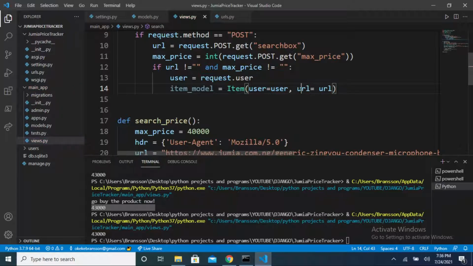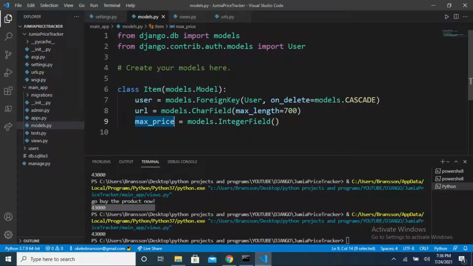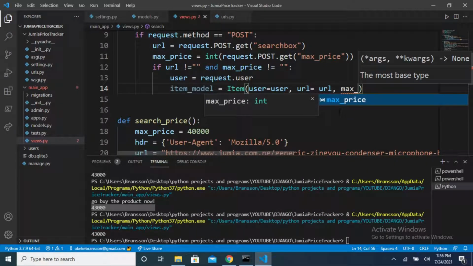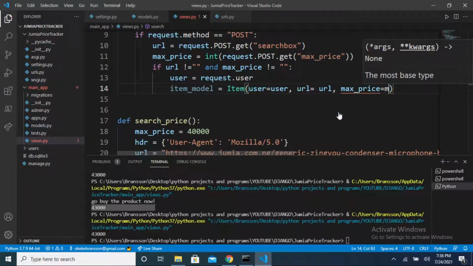So the URL here should basically be equal to the URL that we're getting from the search box, and that is what we want. And we're still going to do the maximum price, so that max price should basically be equal to the max price that we're getting here. So I'm going to do max price should be equal to max price,